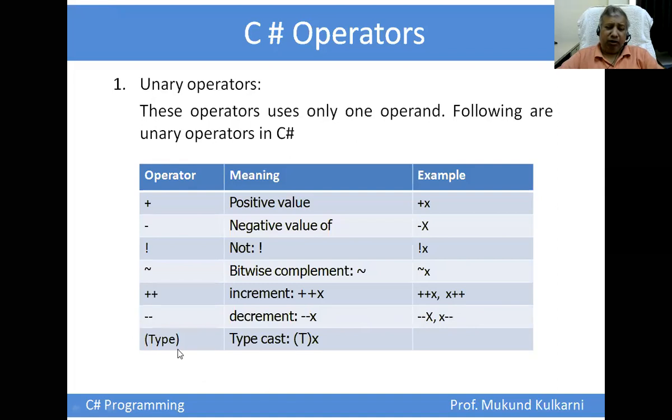Another operator is also there that is used for typecasting. It is used for conversion of one type of variable to another type. For example, you can convert character to integer or integer to character, or in the same way, you can typecast one type of object into another type of object. Here I'm giving one example: in brackets I'm writing T, and then X. So X will be converted into the type of T, provided this facility is available in the class called T.